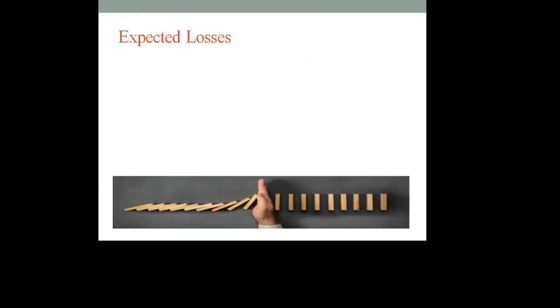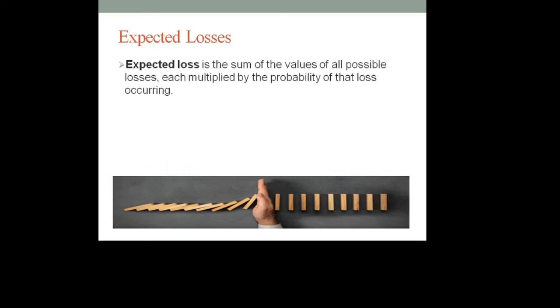Now we move on to the last topic, that is the expected loss. What do you mean by this? Expected loss is the sum of the values of all possible losses, each multiplied by the probability of that loss occurring. So what is the amount of loss, multiplied by the probability of the loss? Like expected gain and expected loss, same thing. We multiply the probability and the corresponding amount of loss, the chances of loss and the corresponding amount of loss, and in different scenarios we add all those multiplied factors together and sum it up to get